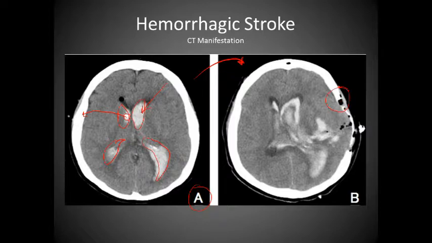Then we get to scan B. As we can see, we have probably surgical intervention here to remove a portion of the skull to allow expansion of the brain. And we do see that we have expansion of the brain out into this area. We do have air here. And notice we have a severe midline shift. Here is the midline. The ventricles are pushed over. We see all this area being the hemorrhagic